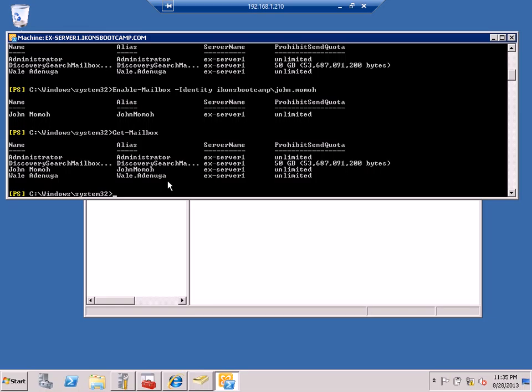So to do so, we do Enable-MailUser. Enable-MailUser, and we'll work with the Identity switch. It is for John Bull, so my domain name comes first, Icons Bootcamp